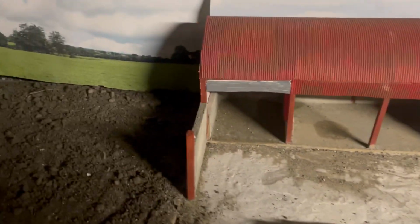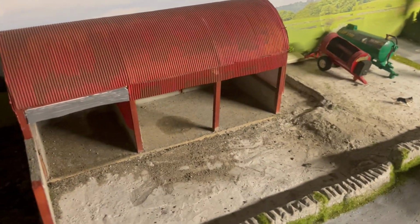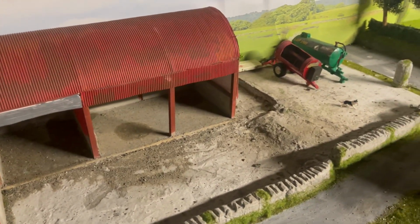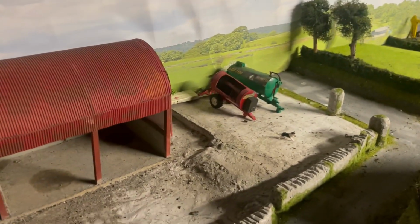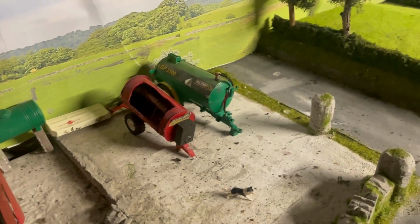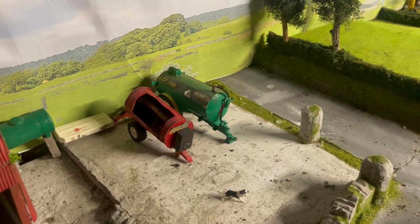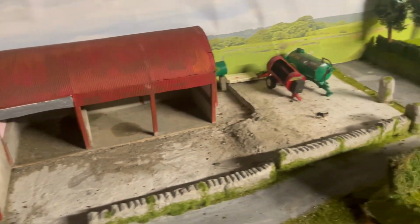Everything else is kind of parked up here. Not much activity in this yard in the last few episodes, as really it's kind of an overflow yard, I suppose. I think there might be a new shed being built where the tankers is, for maybe a combine in the future. Who knows? It's Adrian, he has plenty of money. But with that said,